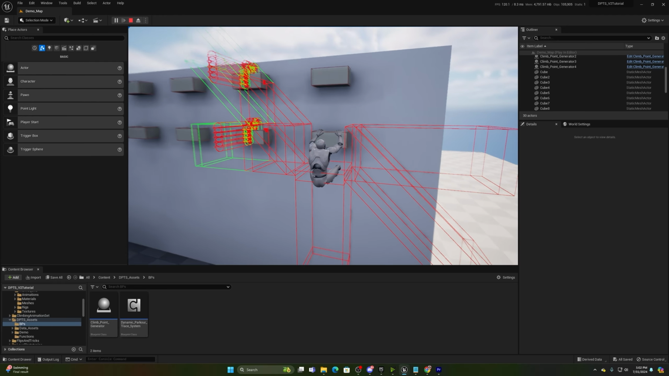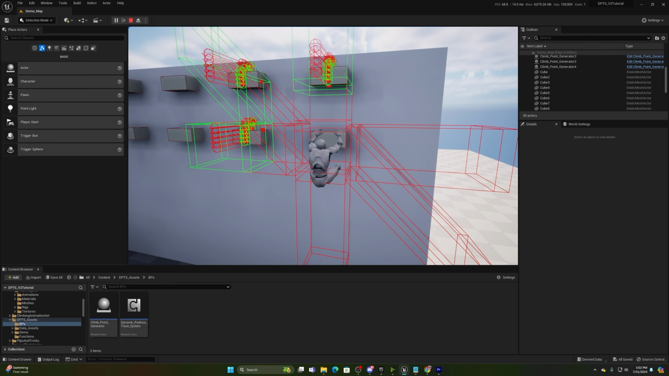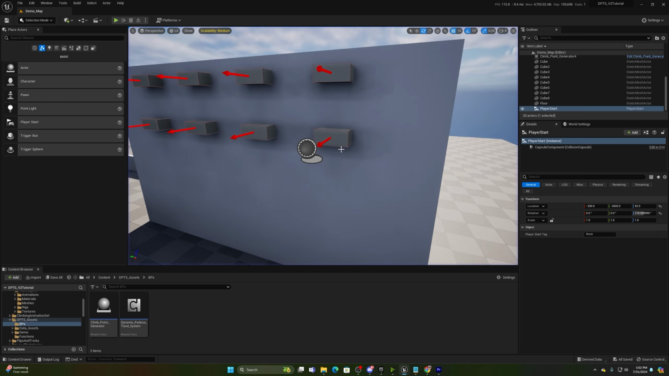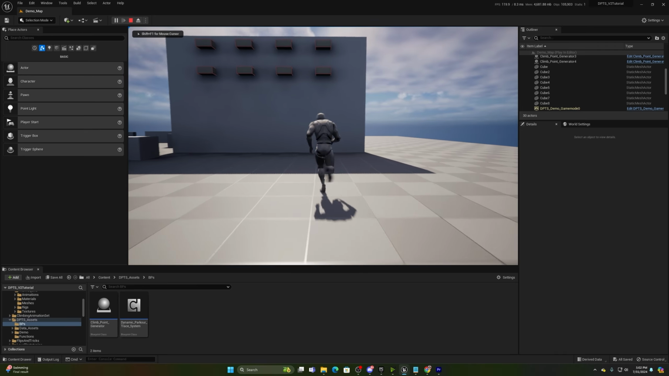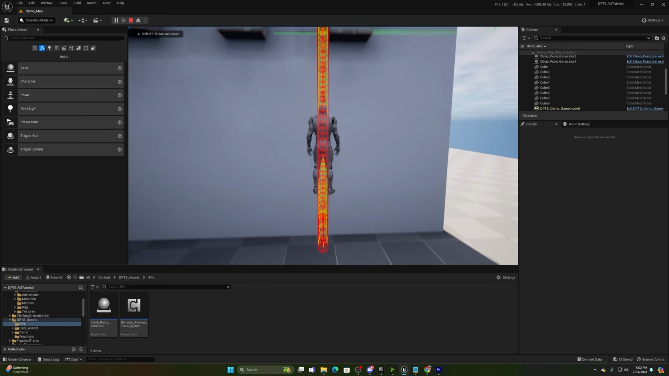But you can see that the traces are going out. I have them enabled right now, so that way you guys can see how it's determining climb points and finding them. So now the other thing I want to point out is because we have point target enabled, if I go ahead and do this,